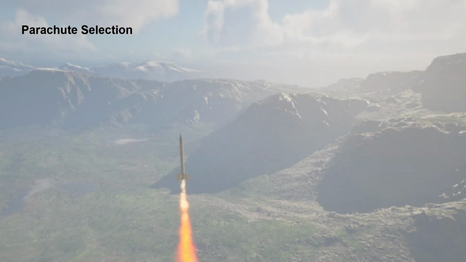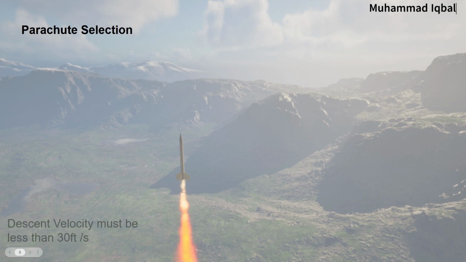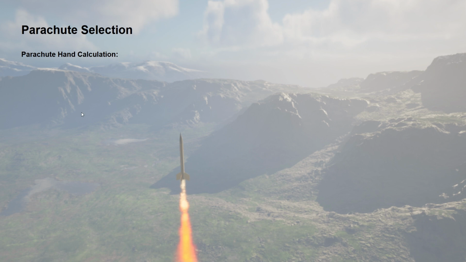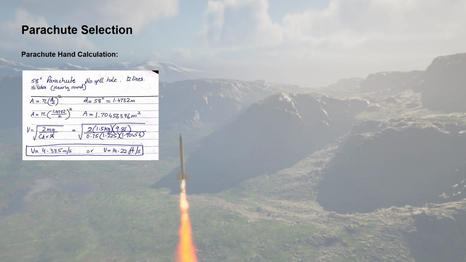Hey, Mohammed here. So I'm going to be talking about some of the choices that we've made in selecting the parachute and how we went about it. Firstly, we had to make sure that our descent velocity was less than 30 feet per second due to our requirements. And we have found, first of all, a 58-inch parachute with no spill hole, which gave